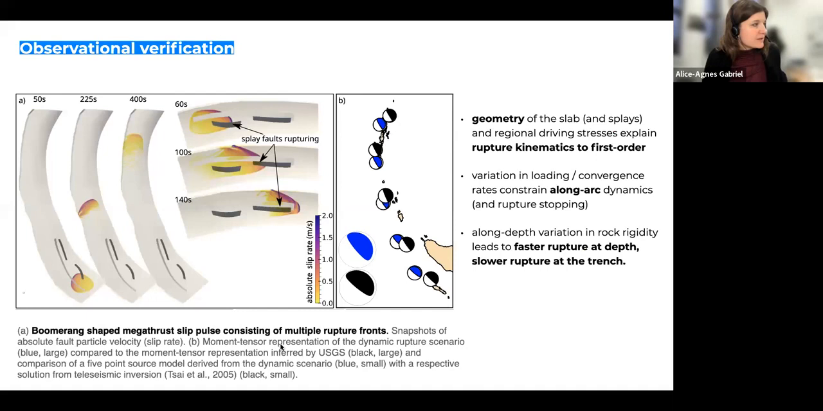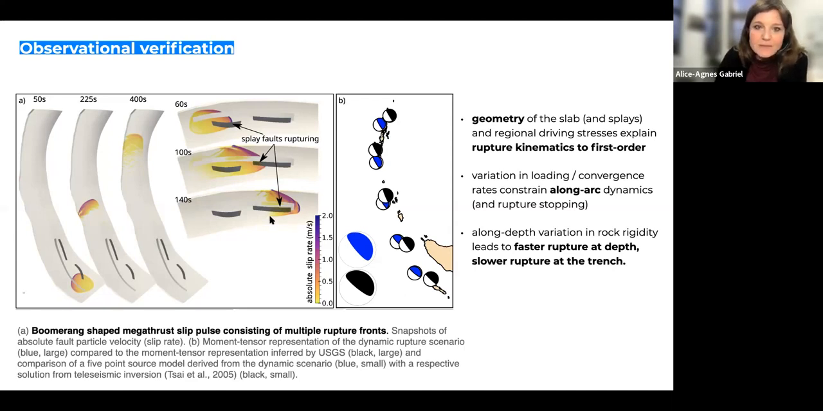Now, we've been using observations to come up with the initial conditions of this model. We can also use observations to verify independently the outcomes of the model. And this is how snapshots of the earthquake dynamics look like. We see already some interesting things. For example, this boomerang-shaped megathrust slip pulse consisting of multiple rupture fronts. So with boomerang-shaped, I mean the slower rupture speed at the shallow parts, faster rupture speed at depth, and then again slower close to the seismogenic